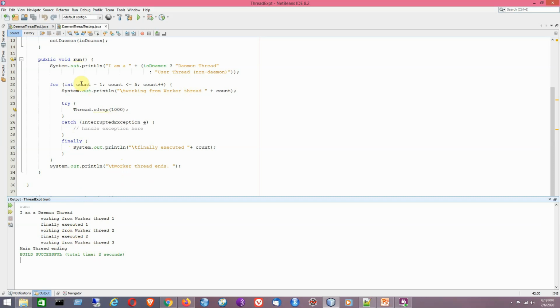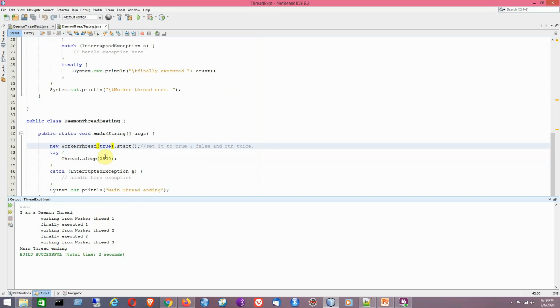Because for each iteration of the for loop, it will be executing all of the lines like try, catch and finally. That is the normal execution scenario. But the thing is that since the main method is having very little thing to do, it will be having a limited number of statements. So it is not doing such kind of processing that will take too much time. In that sense, it will be ended before the daemon thread ends.